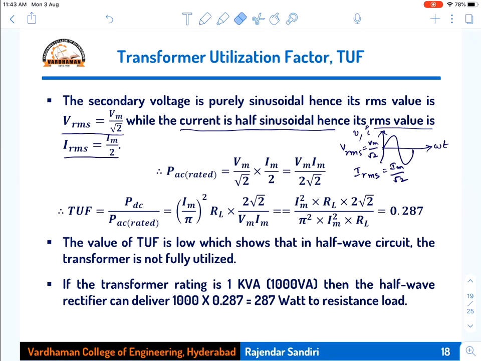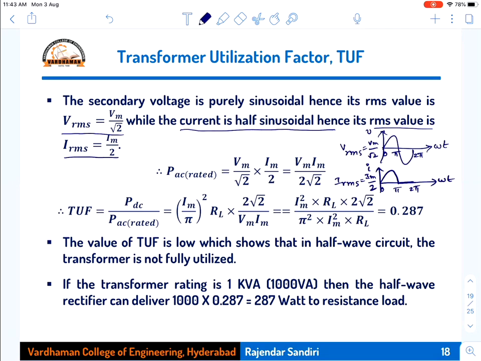Therefore, now when I am applying the input voltage, it is the same. Therefore, I will not write both V and I here. V is the same. IRMS is changing. It's not Im by root 2. The voltage is full cycle, but the current I is a function of omega t. It's only half cycle, the other half is 0, from 0 to pi to 2 pi. Now in this case, IRMS is equal to, because it is a half wave rectifier, Im by 2.